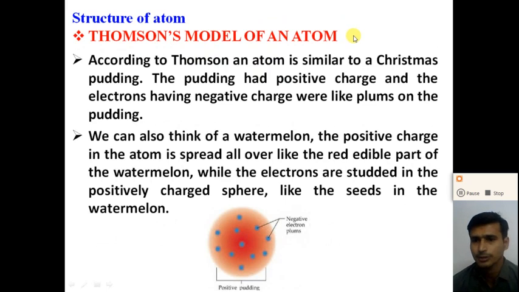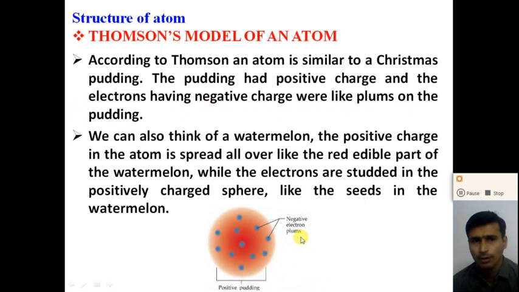J.J. Thomson proposed the first atomic model. So what is J.J. Thomson's model of an atom? Let us see Thomson's model of the atom to understand the structure of the atom. According to Thomson, an atom is similar to a Christmas pudding. The pudding is positively charged, and the electrons, having a negative charge, are like plums in the pudding,